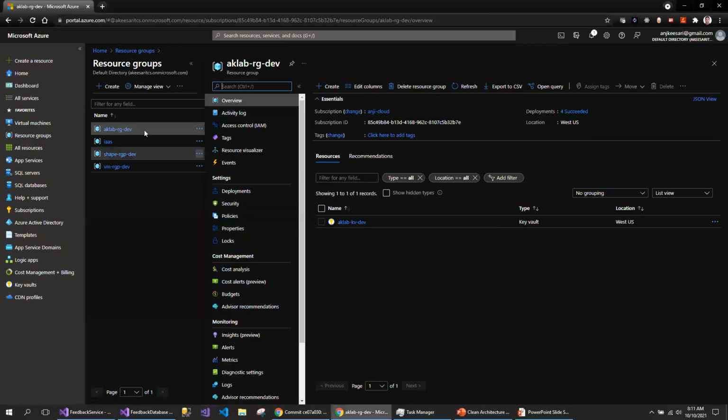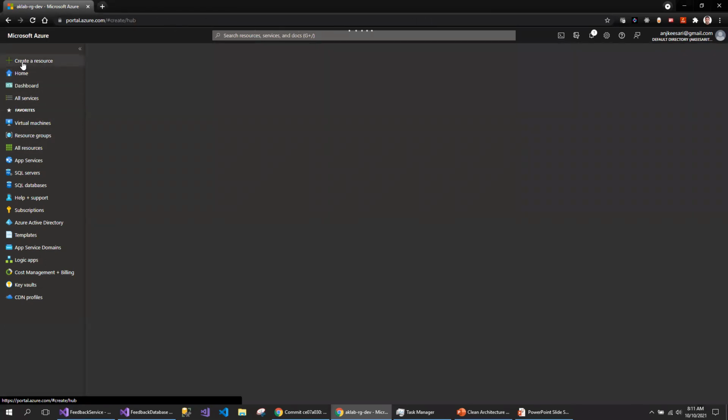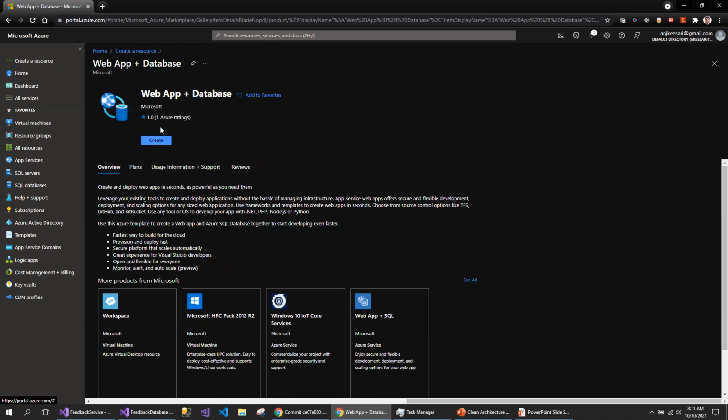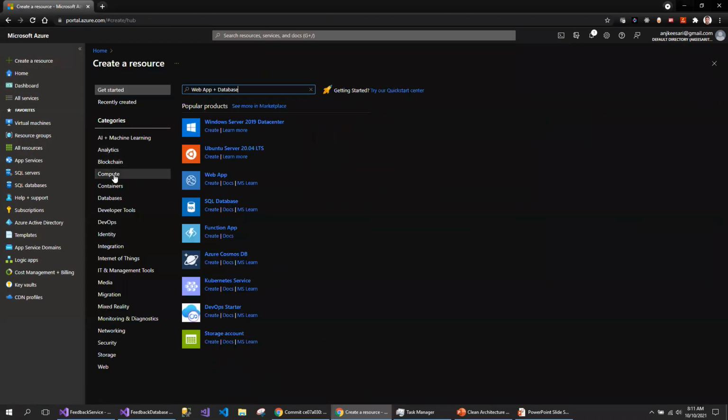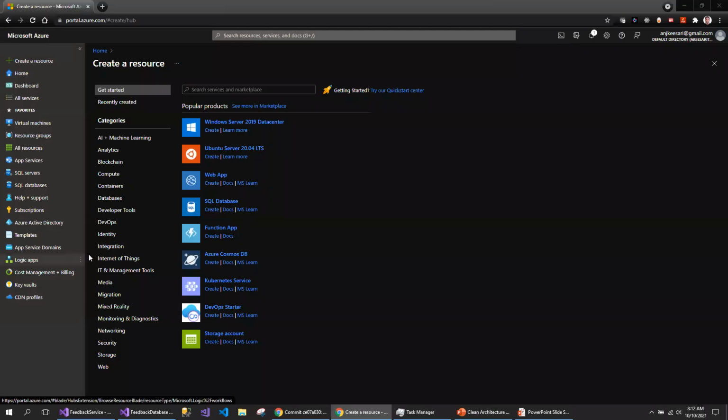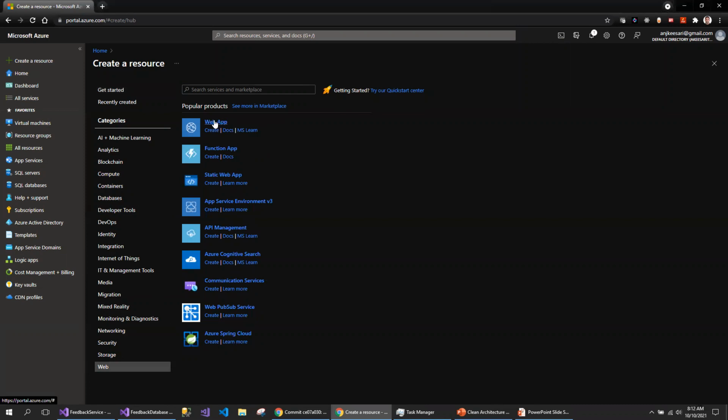You need the Azure App Service here. One way to create the Azure service is to click on create service and search here for the service which you are planning to create. I can select the Azure service here. It should be Azure app. You have different options here in the left nav, and you can select web for the web app. So I click on the web app.